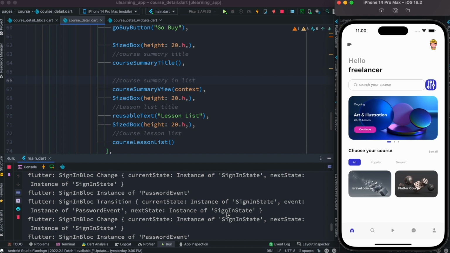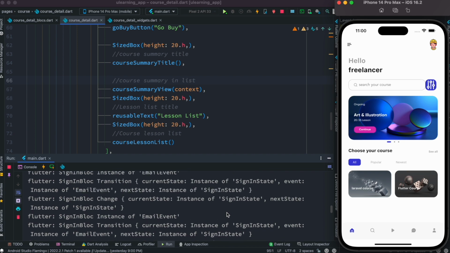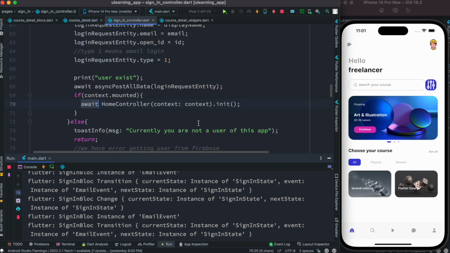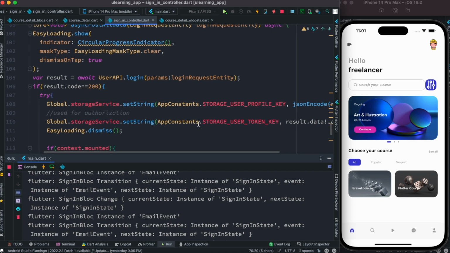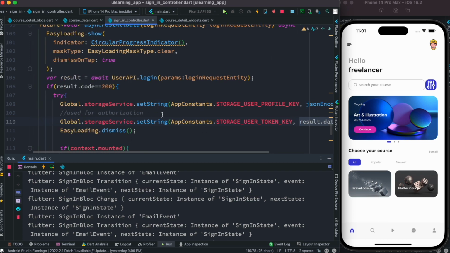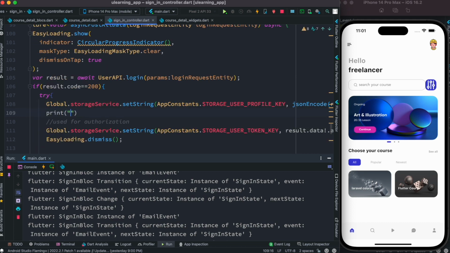All right, so it looks like I have removed all the logs regarding the token, and that's the problem. Let's go ahead and find the token. I think I can find it if you also remove the log. Where to find it? Let's go to our sign-in controller, and I think over here we can simply print our access token. During login it is used there. Okay, print. So here my token is